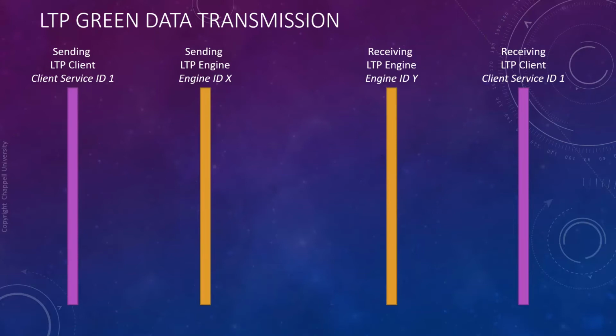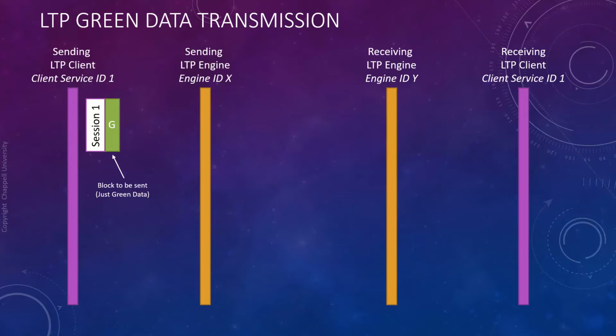So we have this same scenario, but this time we are sending green data. Previously I just showed you sort of blue because I didn't want to talk about red and green yet. But now let's talk specifically about green data being sent across. So the application has data to send across. The application says you don't need to verify this data gets to the target. Therefore, this is going to be green data.